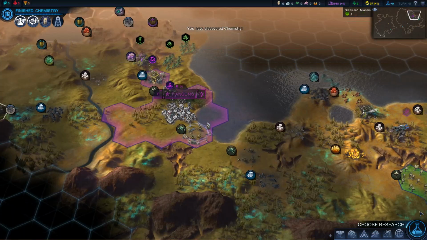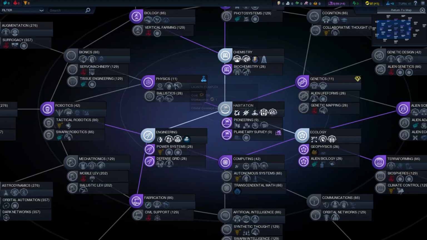Researched chemistry, so that's good. And we can advance. And what can we get from here? The science department wants us to go with physics. Physics will give us the ranger unit, a ranged unit that avoids close combat fights, so that's kind of cool. The observatory, so that's also pretty useful, and a launch complex, which will allow us to put our satellites further away from their launch positions. Currently, though, I think I'll go with